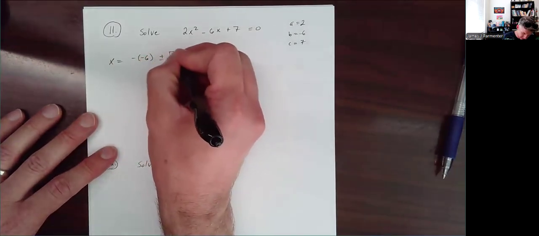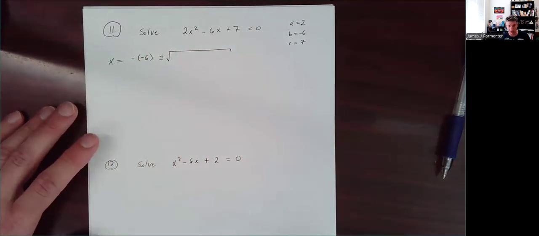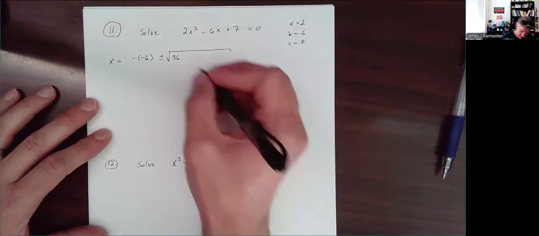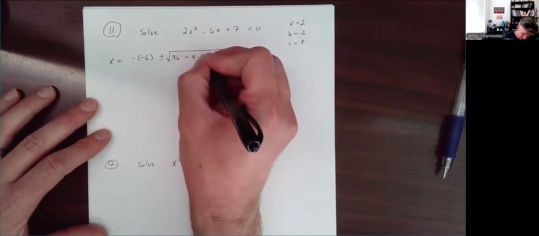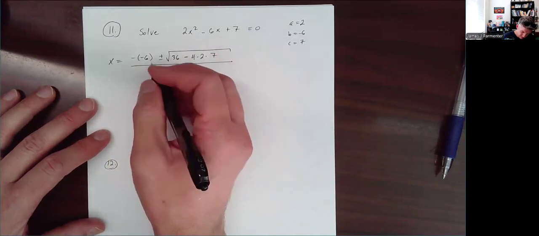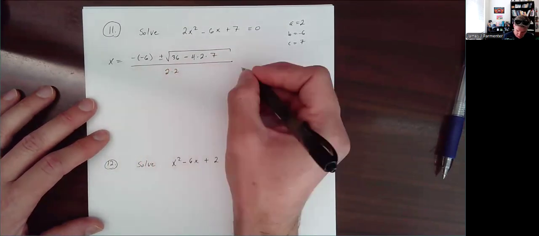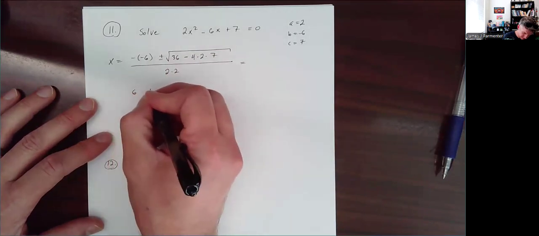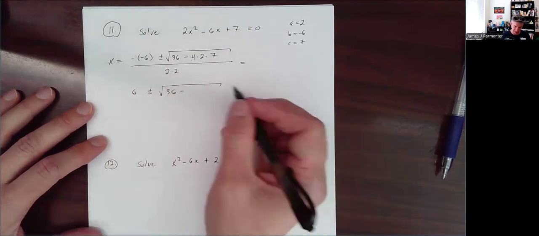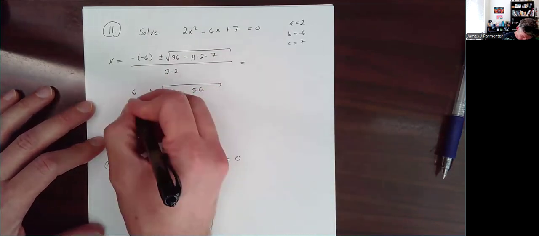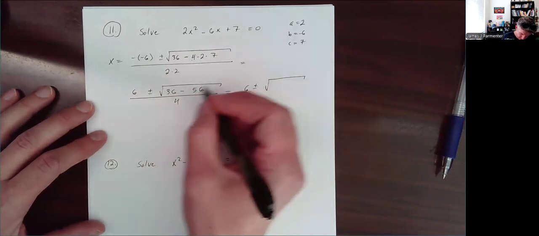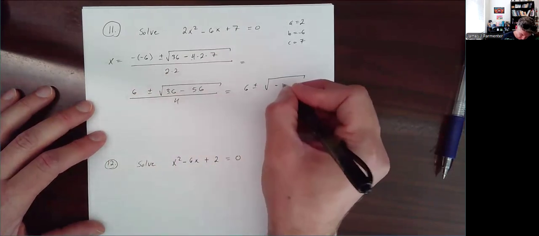Plus or minus the square root of, I would probably simplify things as I go. So instead of saying -6 squared, I'm just going to write +36 minus 4 times A times C. I do usually like to write that part out, all over 2 times 2. So that's going to be +6 plus or minus the square root of 36 minus, let's see, 4 times 2 is 8. 8 times 7 is 56, all over 4. Which is equal to 6 plus or minus the square root of 36 minus 56 is -20,